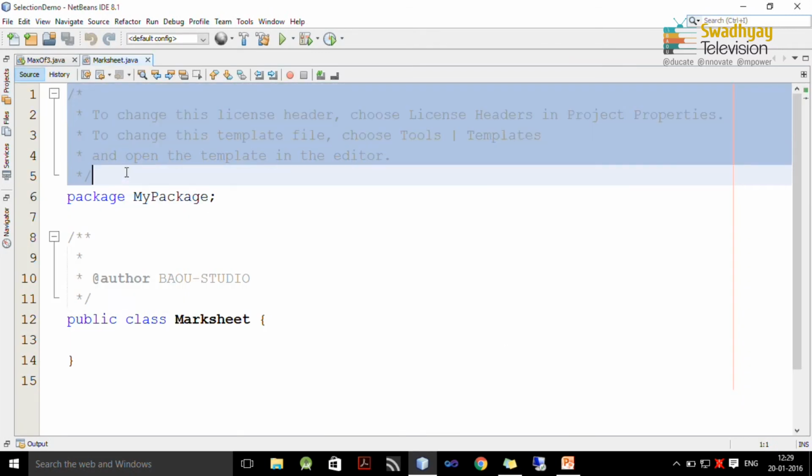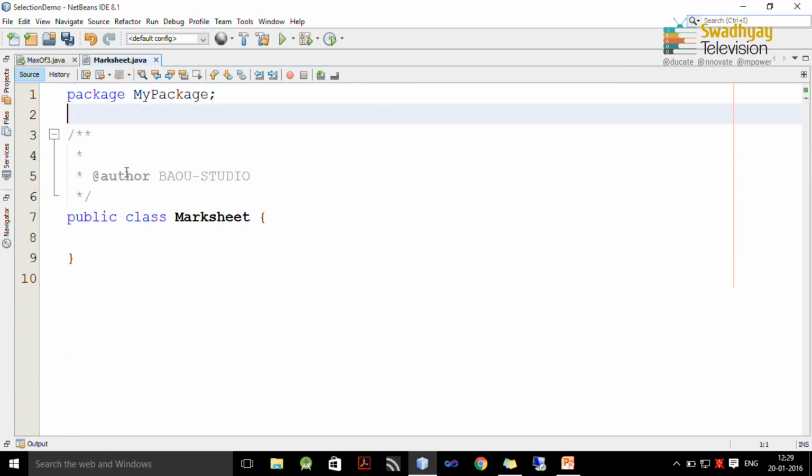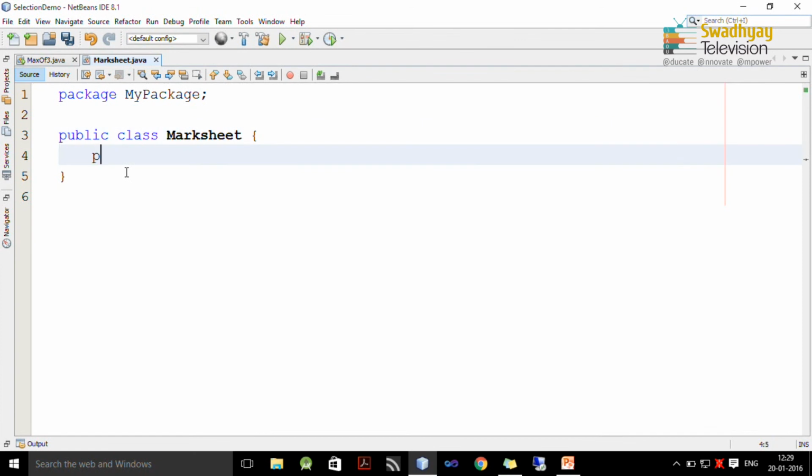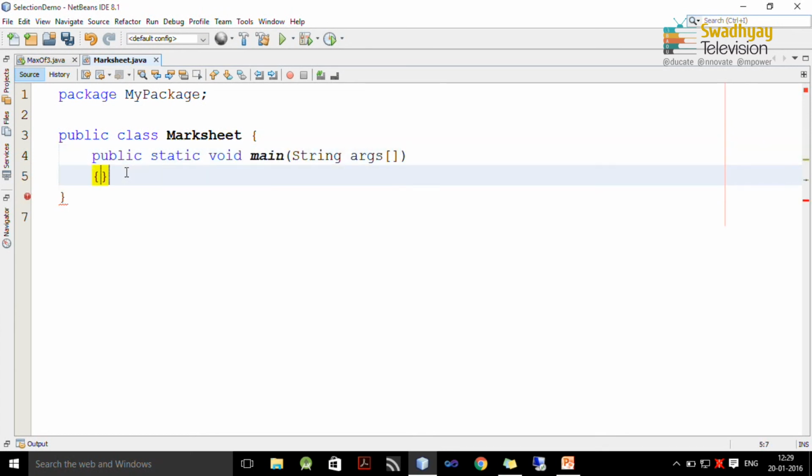We remove this comment for better viewing and again we write down main method inside this. So, I write down public static void main and it takes string array as argument.